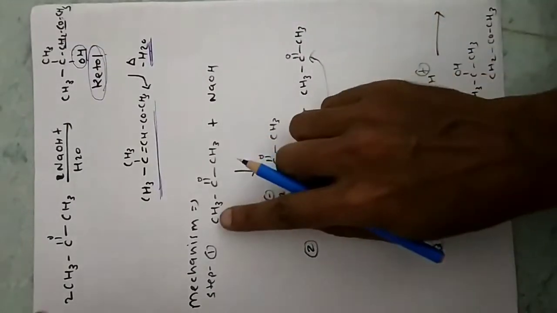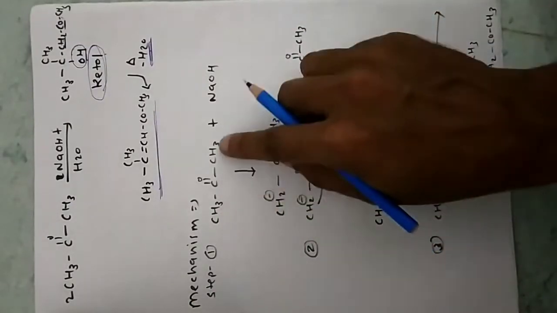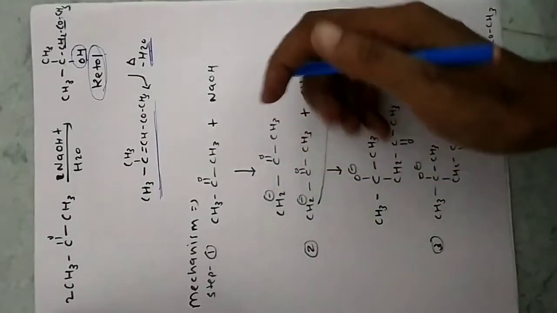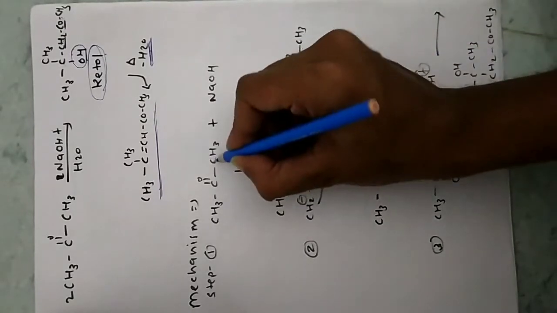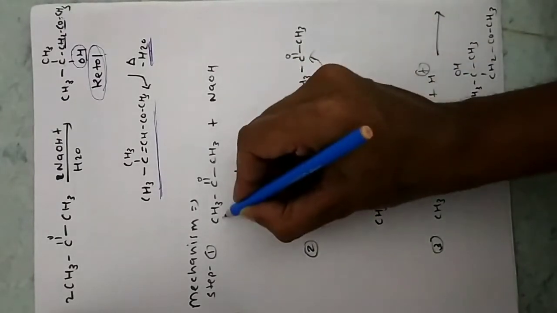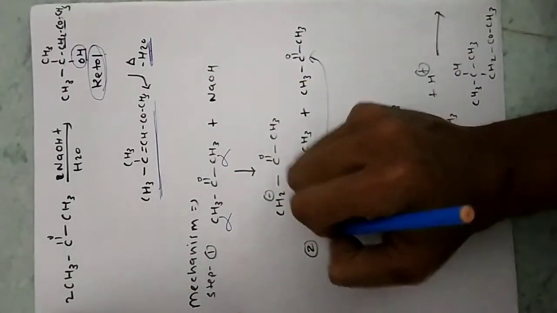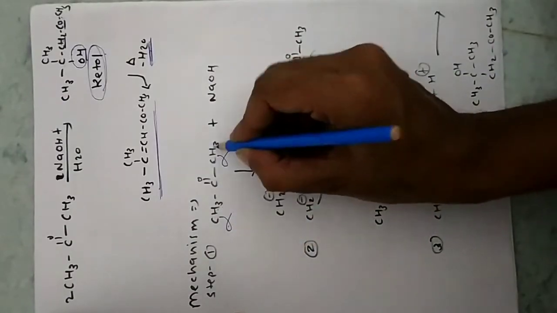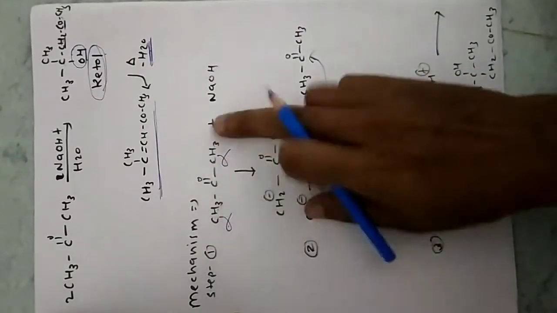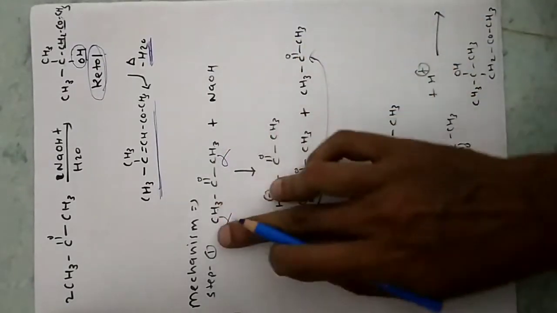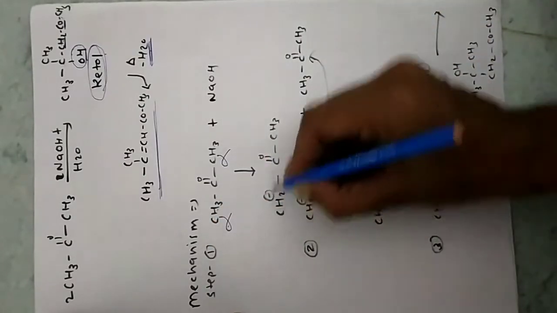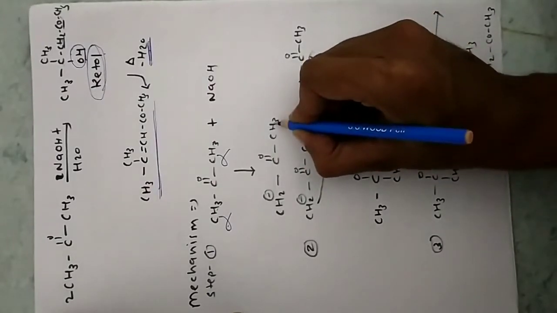Let's see that. You can see the first molecule of ketone, CH3COCH3, when it reacts with NaOH, what will happen here? NaOH will grab one hydrogen from the alpha carbon. This one is our alpha carbon, this one is also our alpha carbon. Now both are the same here. It is a symmetrical ketone, so you can take out hydrogen from any of these carbons. So I am taking this hydrogen. So it forms CH2 negative ion, COCH3.